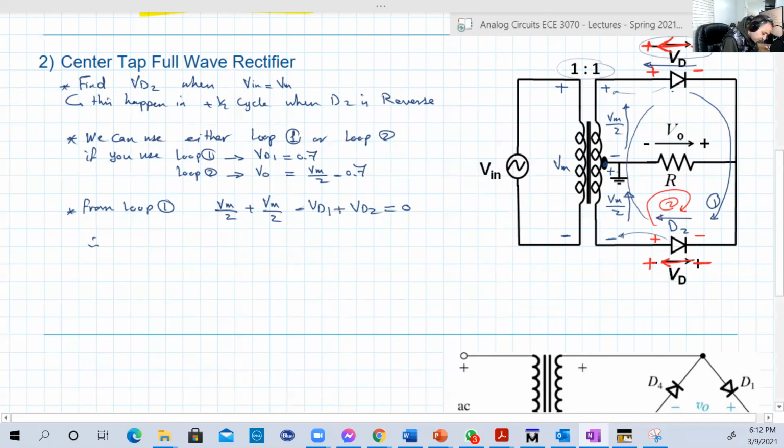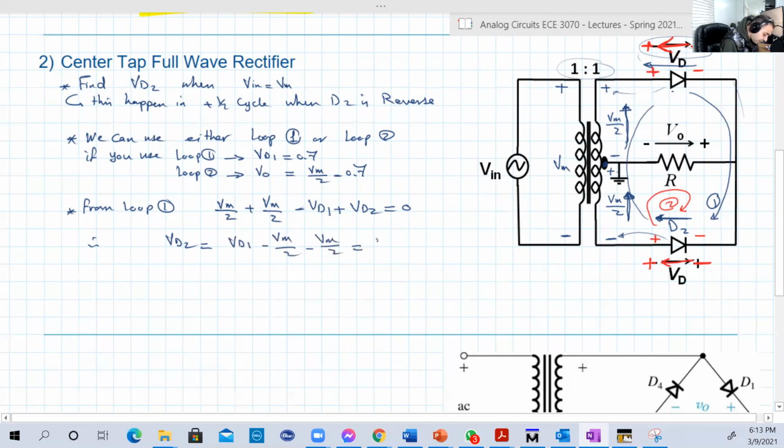Okay, plus VD2 equal to 0. That's good. Okay. Again, Vmax that way, Vmax over 2 that way. Then we have here is opposite, then same direction. So we are good. So from that, VD2 is equal to VD1 minus Vmax over 2 minus Vmax over 2